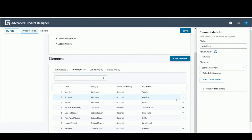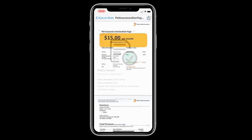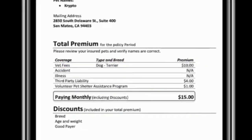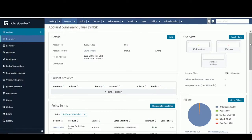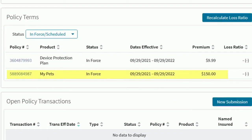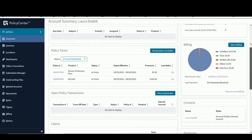So, after her warranty purchase, Laura receives a text message from Future State offering her pet insurance for just 15 bucks. Laura taps yes and purchases pet insurance right from her mobile, complete with a breakdown of the premium and also the coverage and what it covers. Policy Center guides all of these interactions and layers pet insurance onto Laura's account. See? The newly added pet policy and the existing device protection. Best of all, carriers, you don't need to go to an insurtech to do any of this. You can do it all with Guidewire and the capabilities built into our Dobson release, which is all pretty cool,